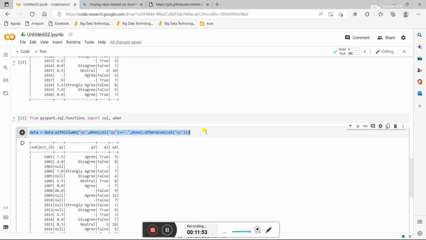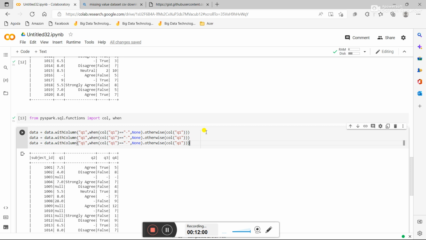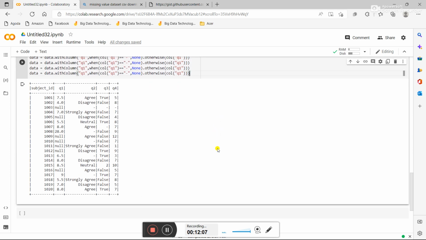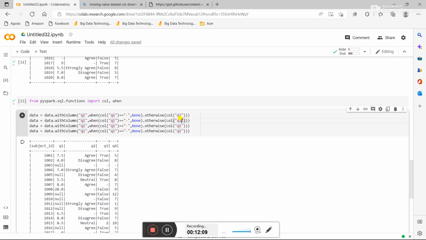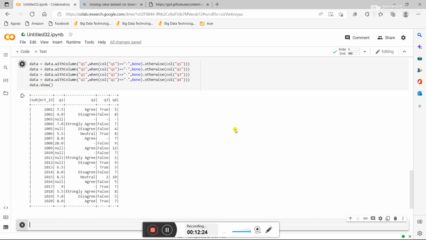And the same thing I'll be doing for q2, I'll be doing for q3 and q4, because I believe only those have got the missing values. So q2 also I will do that, q3 also I will do that, and q4 also I will do that. And lastly I'll just write data dot show. This is what I'll be writing at the end. Okay,